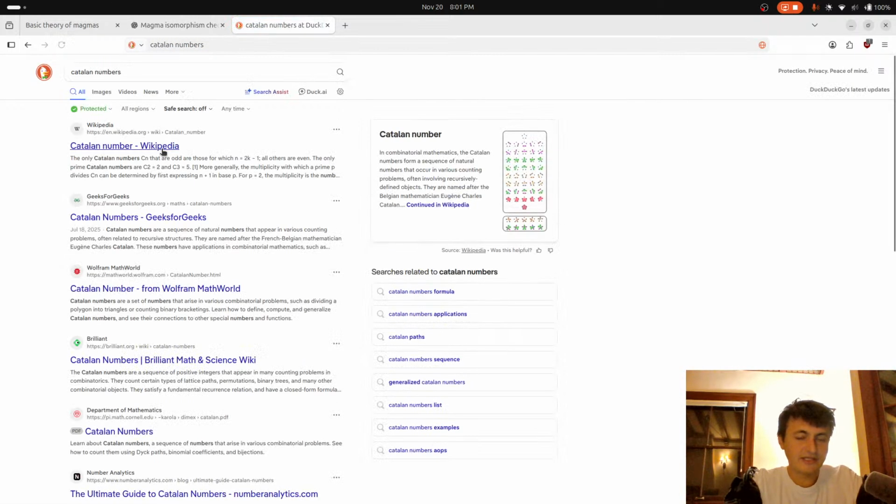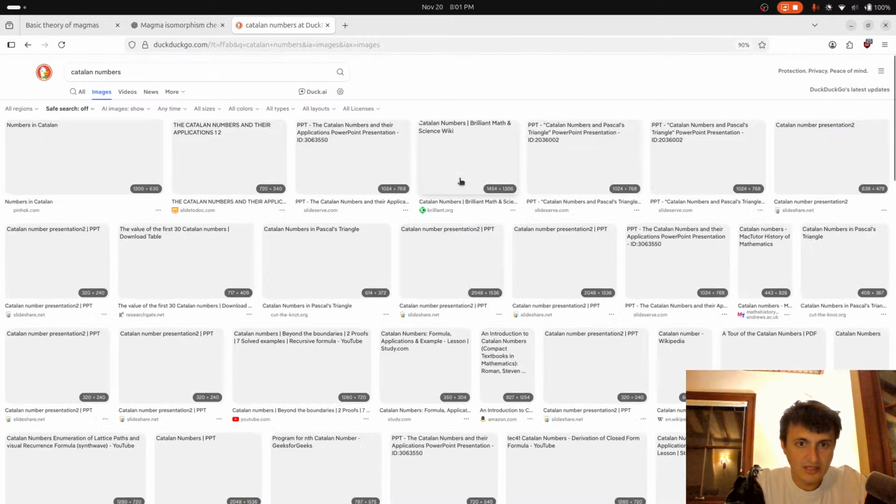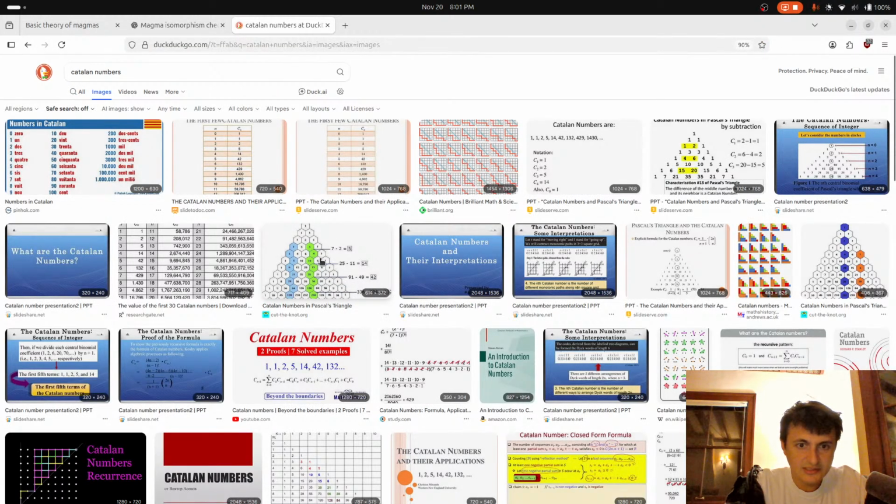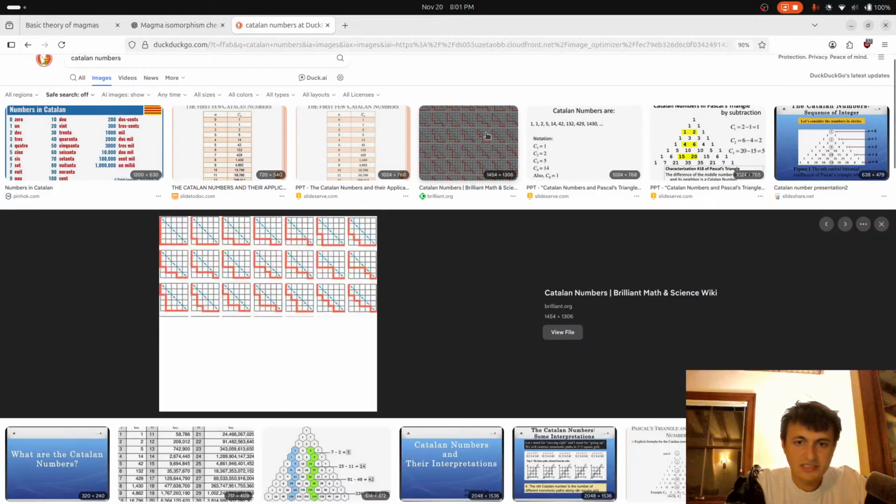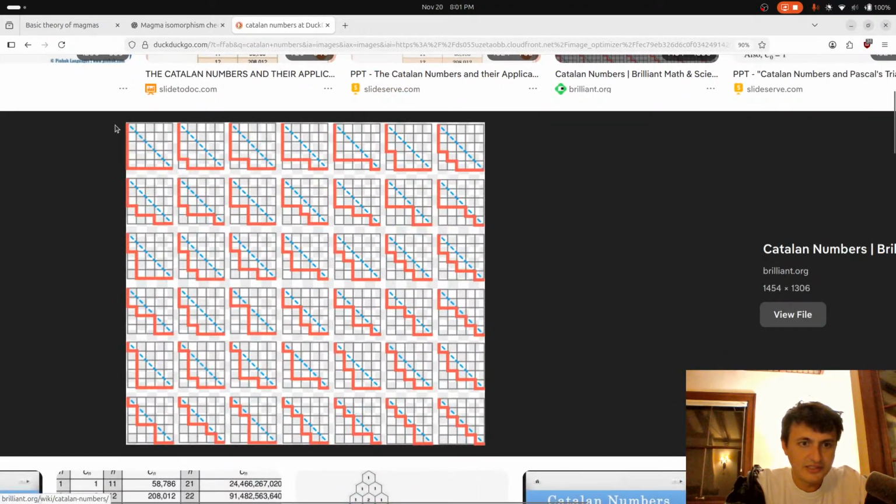and I actually really like this intuition. I don't understand this, and I like this one. So basically, you have this grid, and by going down, you make an open paren, and by going across, you make a closed paren, or something like that. And so here you get open, close, open, close, open, close, open, close, open, close. And here you get open, open, open, open, open, open, close, close, close, close, close.